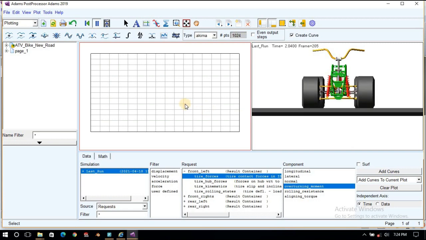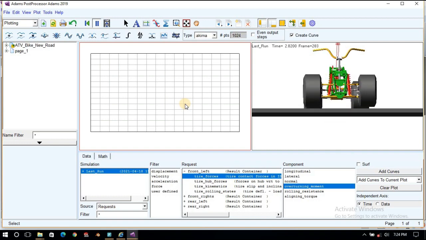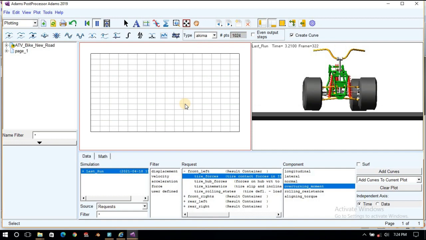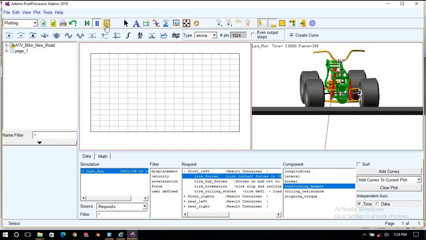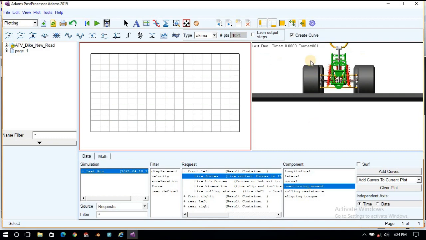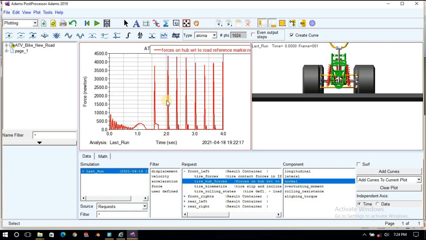Just observe the animation, you can observe the movement of the suspension. That's it. It is jumping because of tire stiffness. You can change the tire stiffness by editing the tire property, and you can see the normal forces here, because of this jumping.